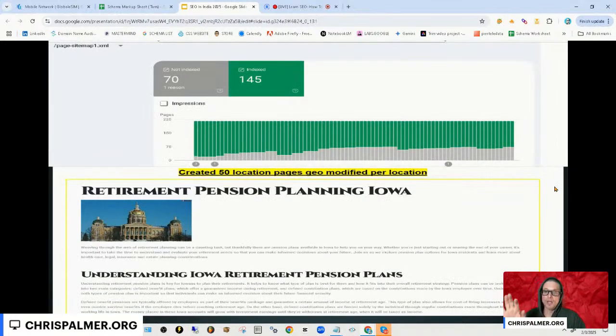All right. What we learned from this test is that schema can help get things indexed, keep things indexed. And what else we learned here was that you really need to pay close attention to what Google thinks a particular term is about. For instance, if I'm looking up retirement pension planning in Iowa and I'm looking up retirement pensions or retirement planning in Iowa, is Google showing me the same sites, the same pages?